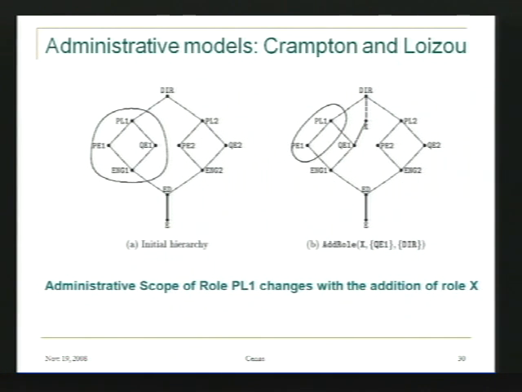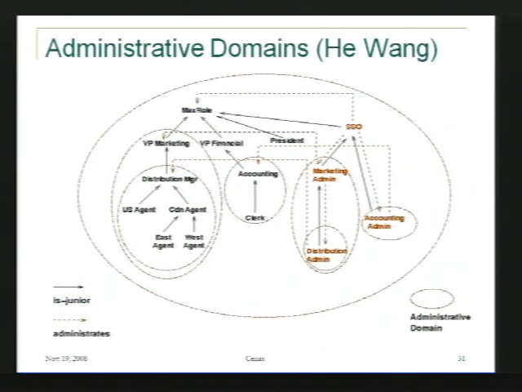Now this one by Crampton and Loizou, they have these things called administrative scope, and they have these elegant mathematical properties. The consequence of which is that if you add a role here, X, this thing sort of pops out into a different shape. And so the roles that this PL1 role controls change sort of on the fly. And so my student, Wang, who's going to finish his PhD in a few weeks, came up with, actually this was his master's thesis, an administrative model